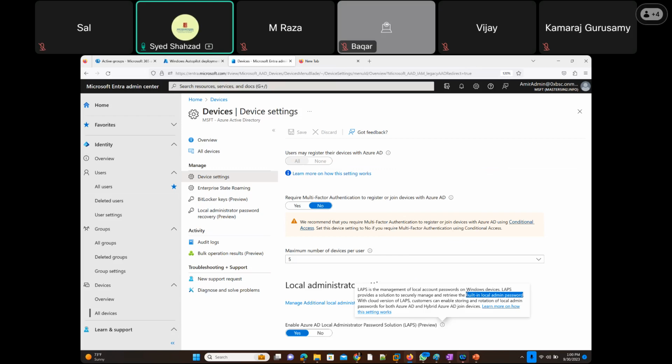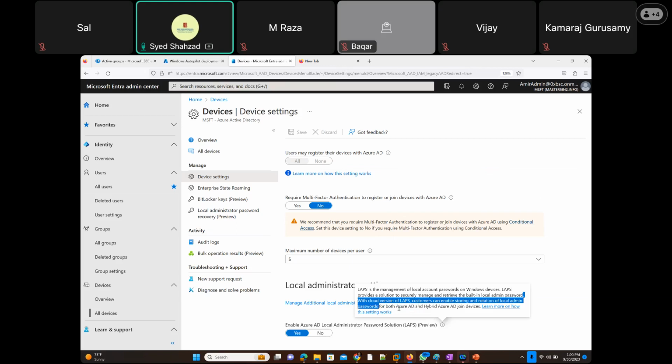And that local administrator account's password should keep on changing automatically, or there should be some kind of security on that password, because if hackers get their hands on the Windows 10 local administrator password, then obviously they can control that particular device, and from there they can launch attacks on the whole network that the device is connected to, right? So with the cloud version of LAPS, customers can